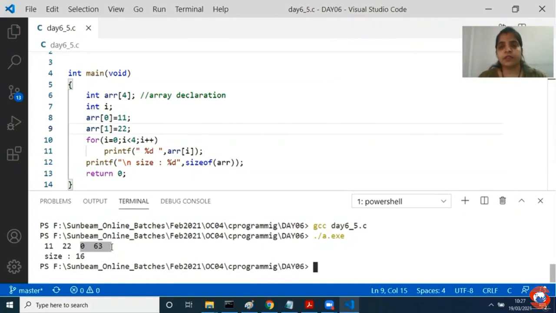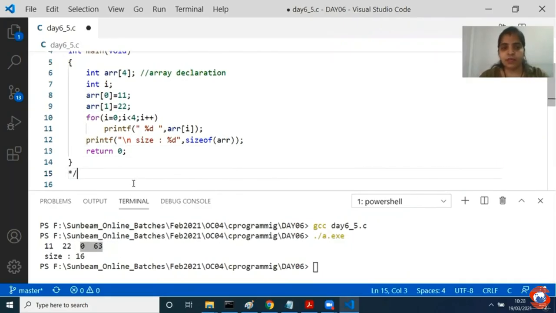समझ में आया? तो अगर आप array को सिर्फ declare करते हो और अगर आप array के elements को बाद में specify करते हो, at that moment the remaining elements of your array will receive garbage value. Right? Similarly,